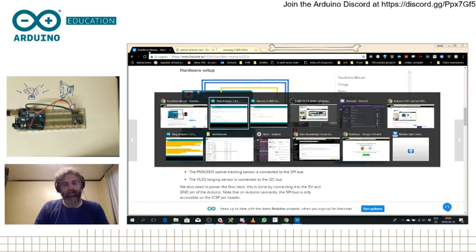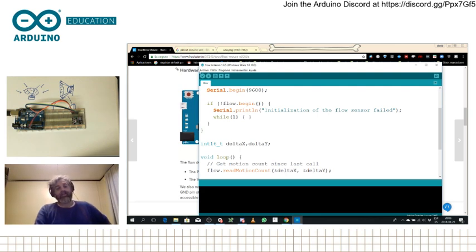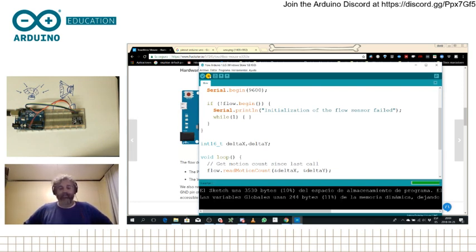I will go back to the Arduino flow example, and I just need to upload this one to the board and open the serial port to see if it detects my movements of my hand on top of the sensor in these directions. Right now it's compiling, it's going to be uploading in a second, and then we can check. Okay, there you go, it's working. I open the serial port,